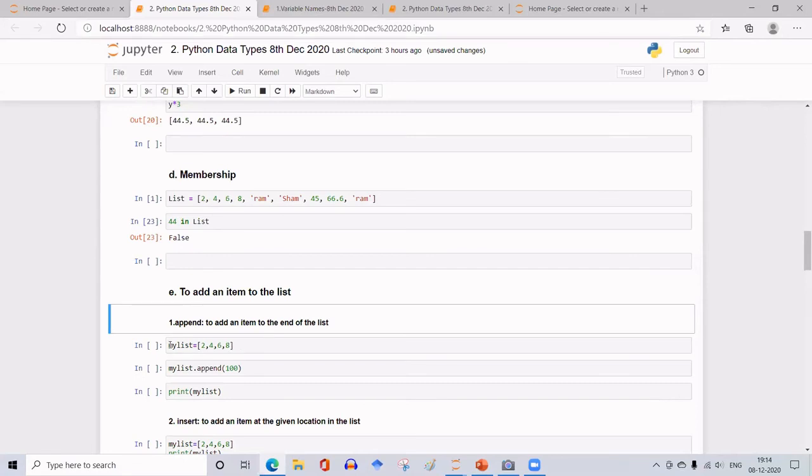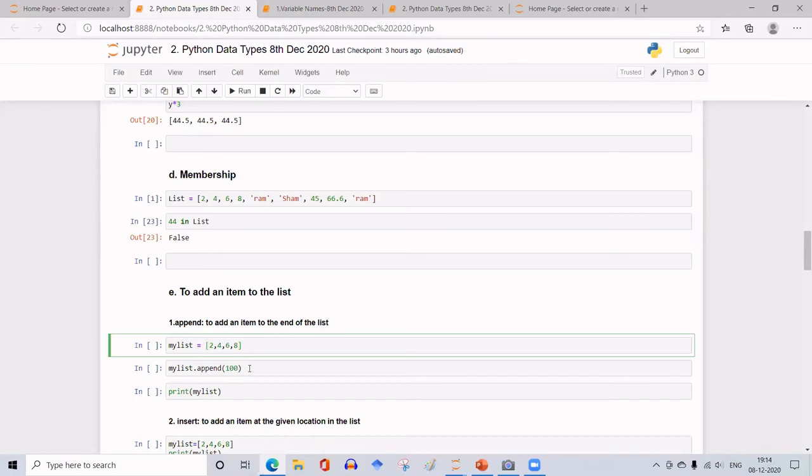So let me take this example of my list is equal to 2468, and I want to add an item at the end of the list, that is, the data 100 at the end of this list. Then I can use append in this format, my list dot append, then within brackets 100.